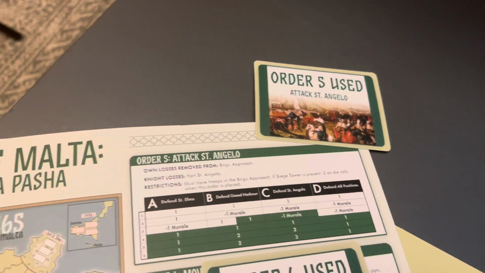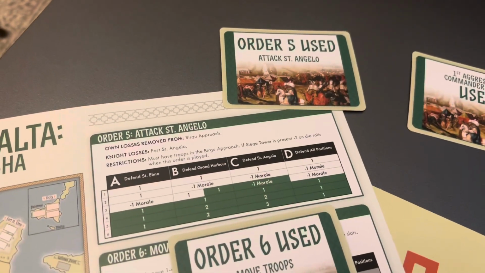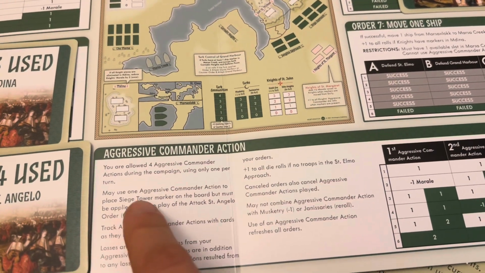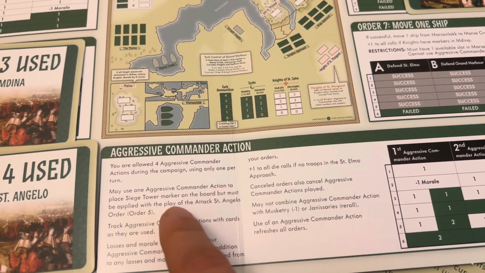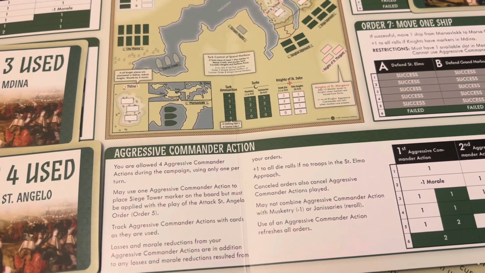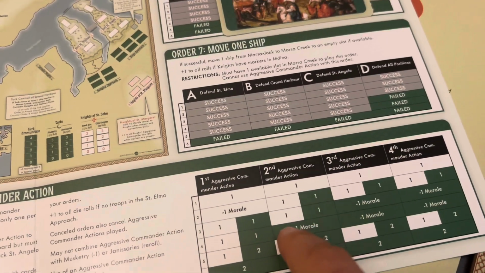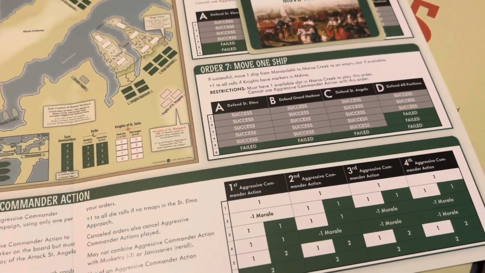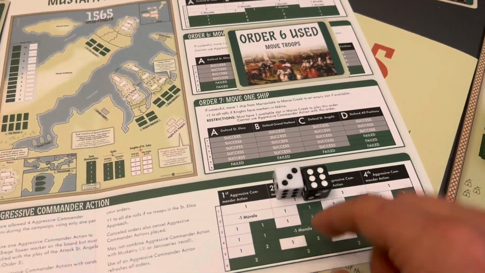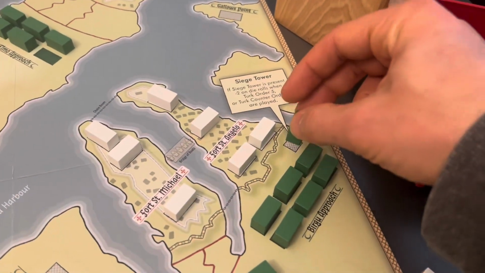I'm going to go ahead and use my first aggressive commander action, and I'll show you how this works. So I can do a couple of things with that. One, I can use once per turn to place a siege tower marker on the board. And yeah, so then we're going to roll on this table as well with the black die. So we're going to actually roll 2 dice, and these are cumulative. So the white die is going to apply to this order, the black die is going to apply to this order, and we'll see what happens. But in the meantime, we're going to build the siege tower